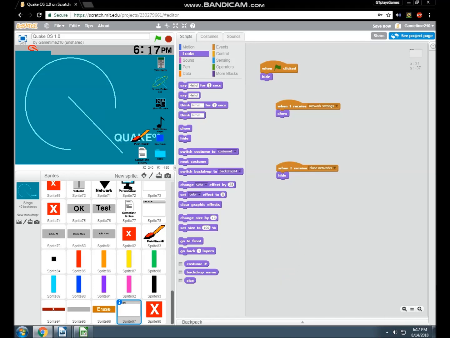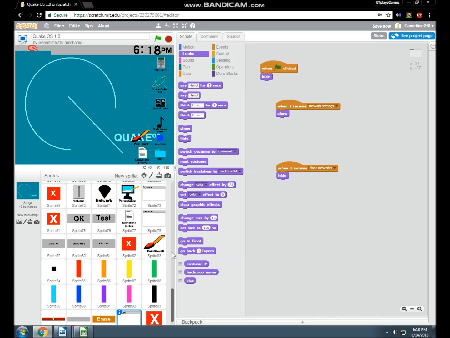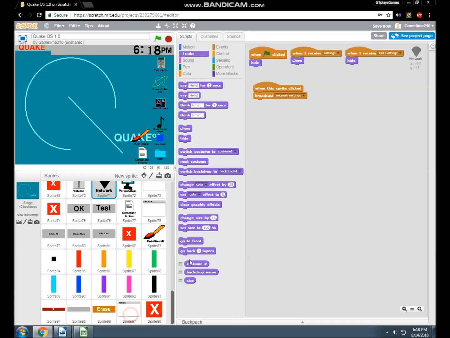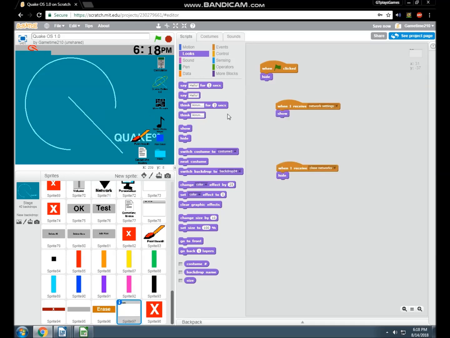Okay, guys. So I've been doing some work with this. Basically what I did, I added in a when start is clicked, hide, and then when I receive network settings, show, which is, as we know, when we click it, it broadcasts network settings, so that it will go to here and allow this to open.